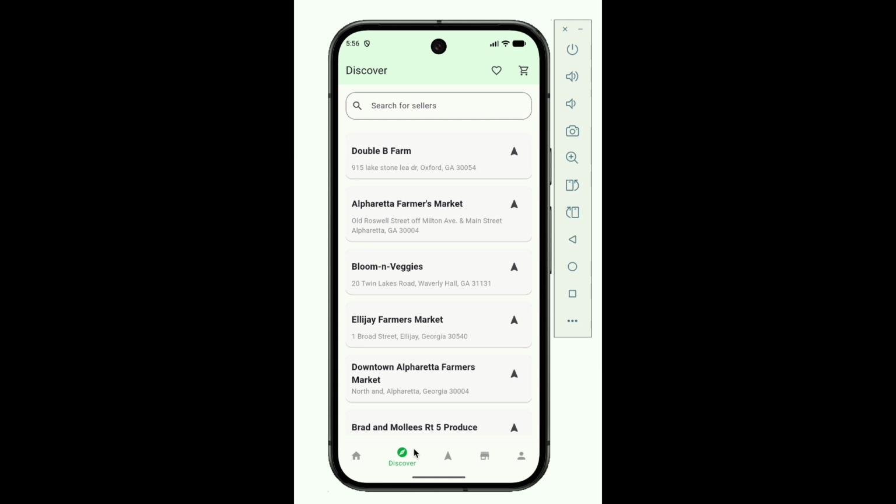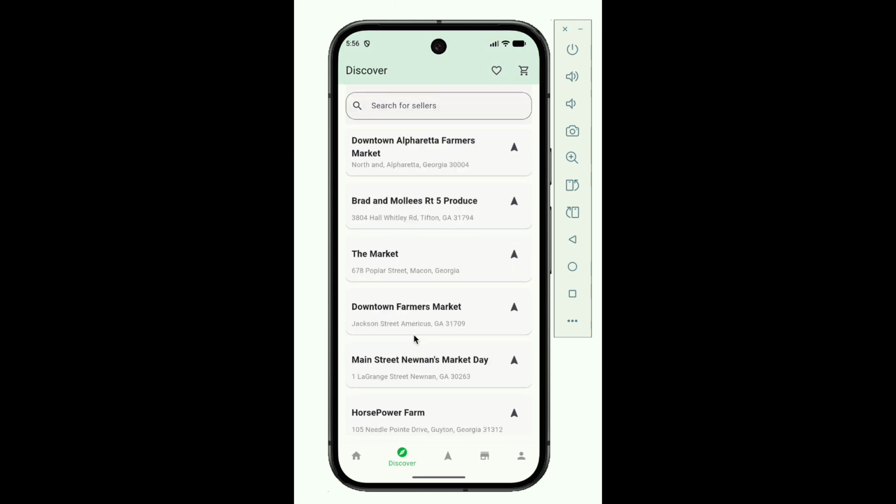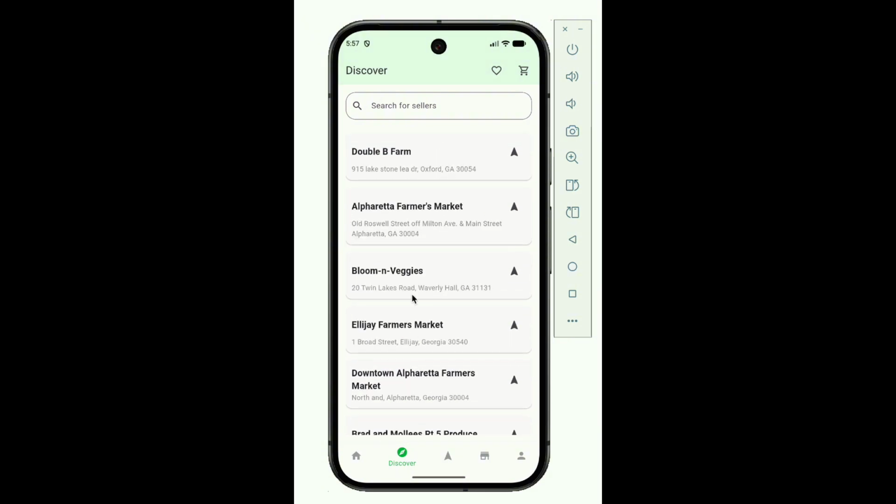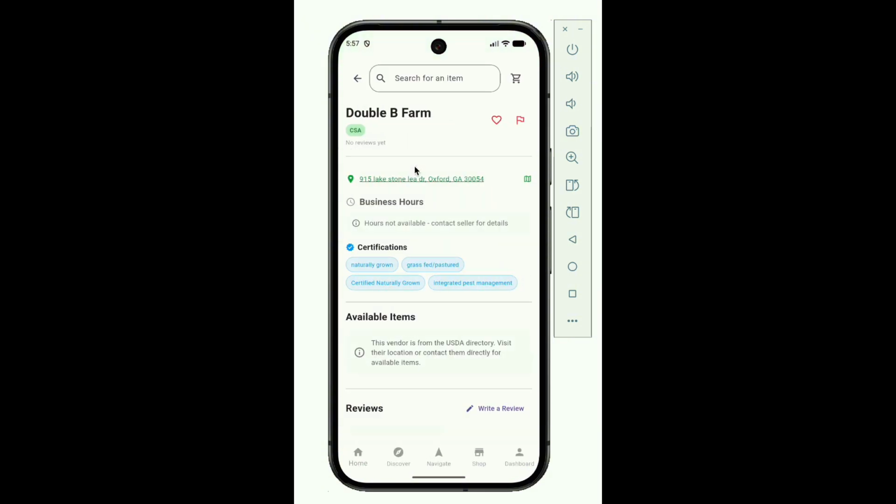Next, I can head over to the Discover page. Here, I can look at all the sellers that are in the Food Oasis app, so I can scroll here. Clicking on a seller is going to show me all of their information that's available. This is a good example of a seller that's from the USDA directory. So this is a seller that has been implemented using the USDA APIs,